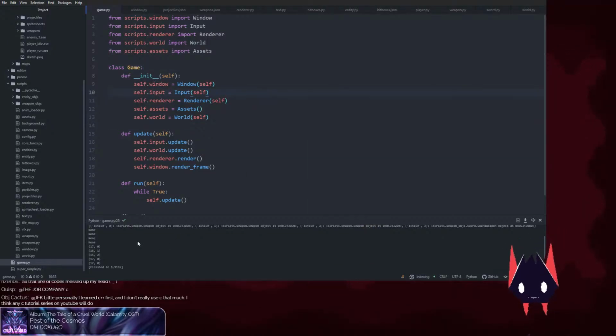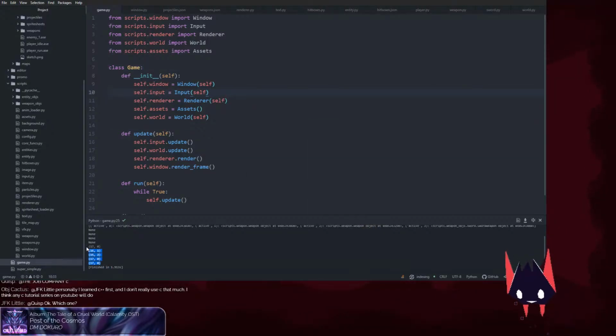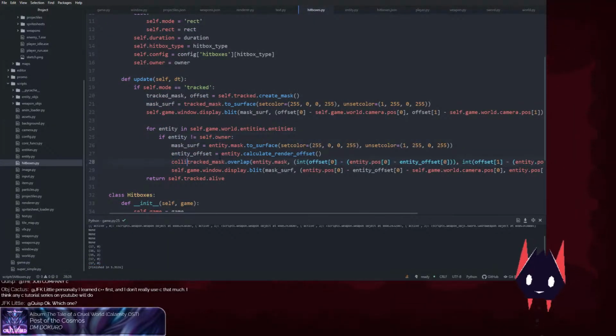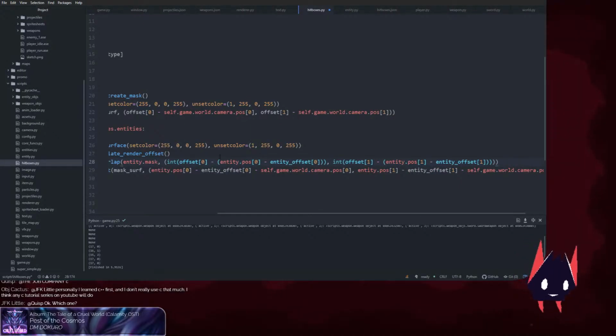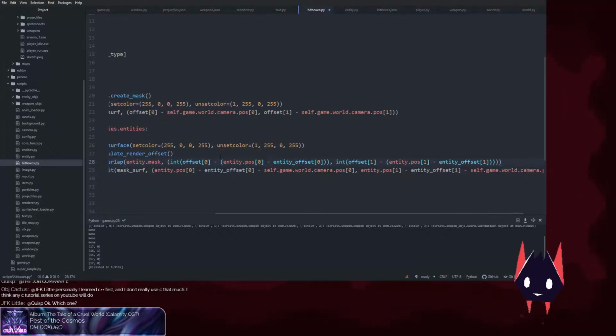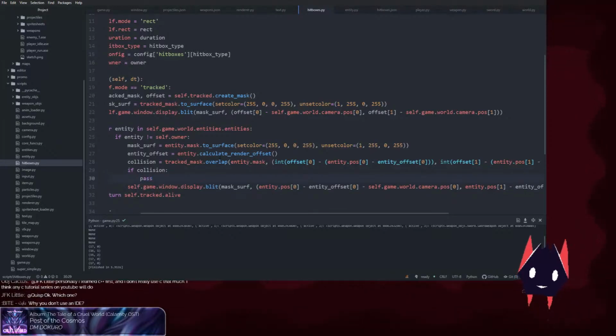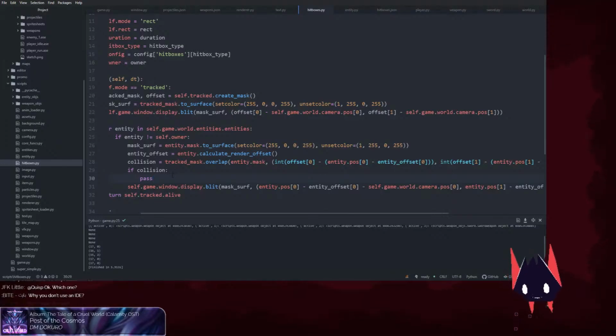So now I've got those. I just have to handle the hit. So collision equals that. If collision, I can get rid of all the rendering stuff in a moment here. Well, yeah. So if there's a collision,